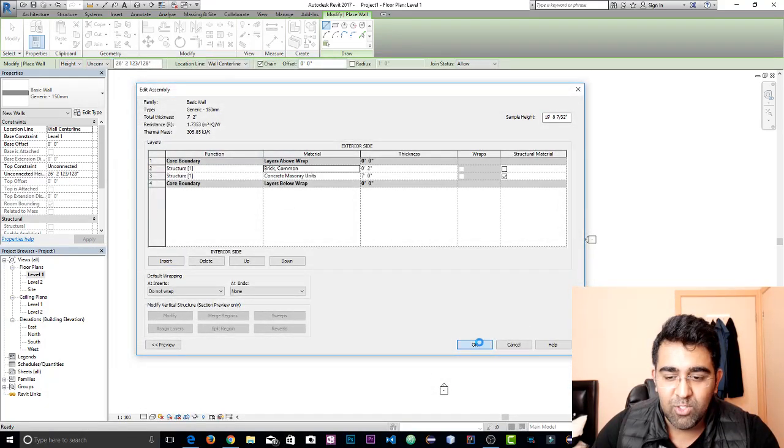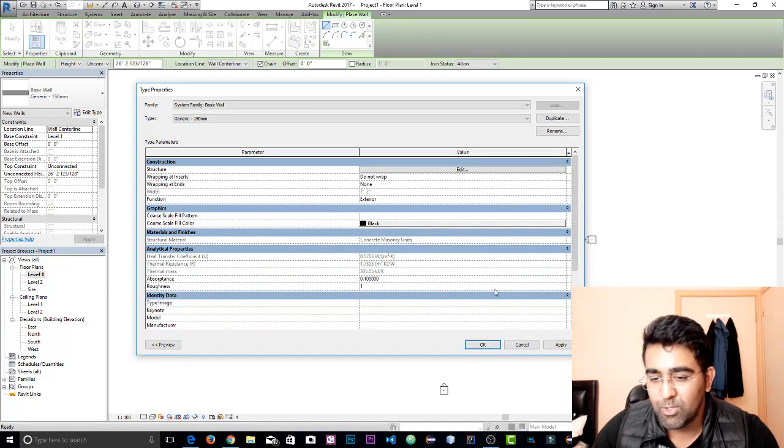Okay, so we've got the structure done. Anyone watching this tutorial, is anyone interested in learning Revit today? So we've got our basic structure done. We will do